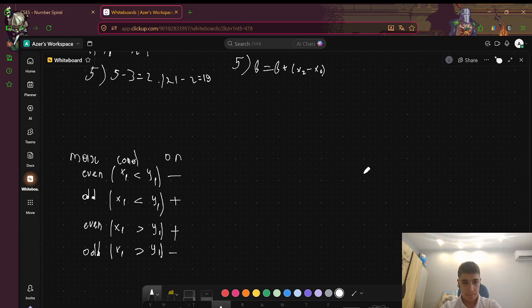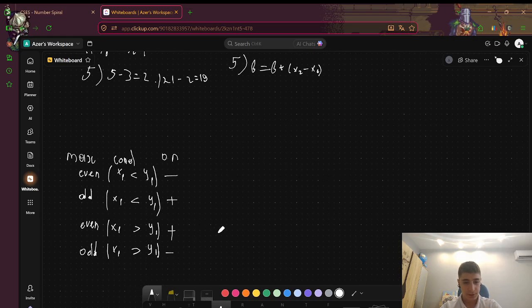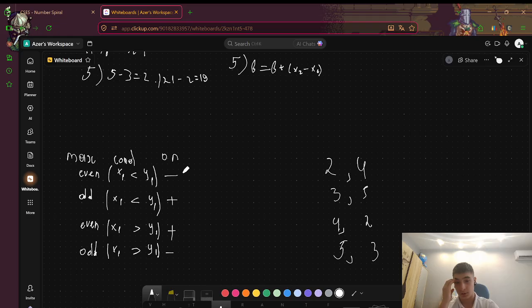Okay, so 5 and 3 is better for there, here is better C and 5, there is better 4 and 2, and there's better 2 and 4. Let's check again: maximum is even and that's less than, maximum is odd and that's less than, maximum is even and that's greater, maximum is odd and that's greater. Okay, and I need to check operations that go,